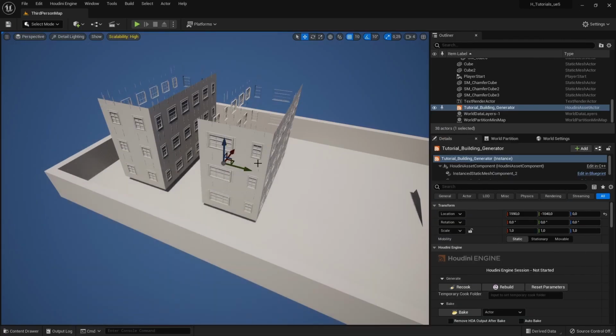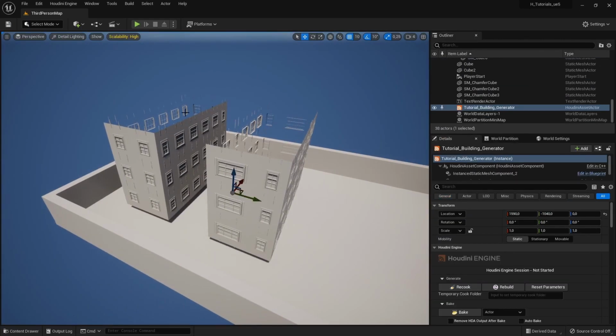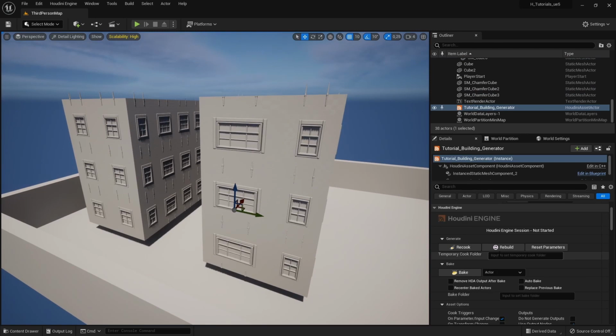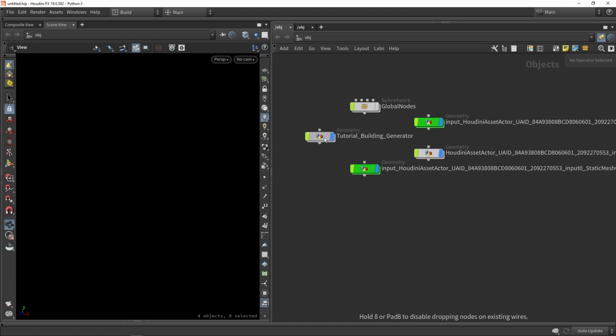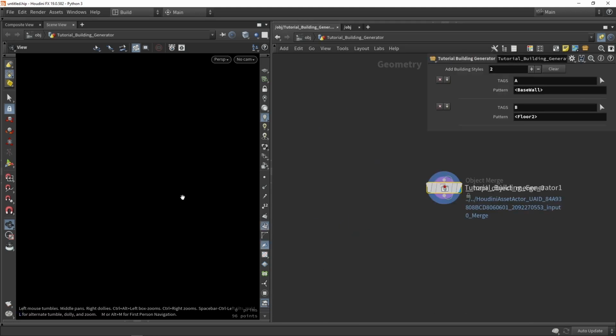To test this fully, we can click on our building tool and click rebuild, and it will directly open this in Houdini in the background. If I switch to Houdini, we can now see that we have the global nodes, but also a bunch of other nodes. Here I can see my main building tool, and we have some input data. So if I now go to my building tool,